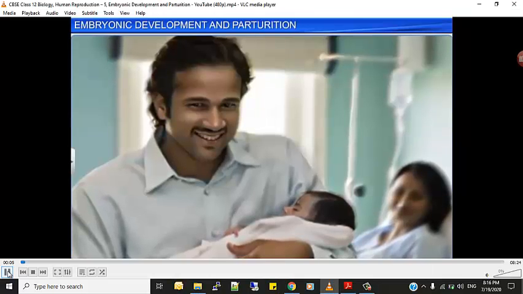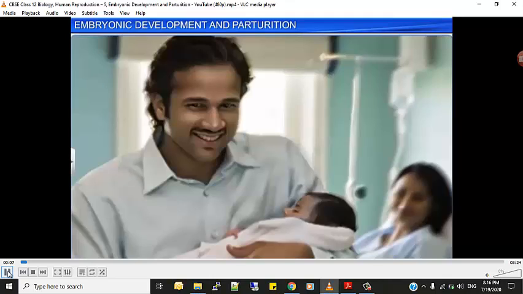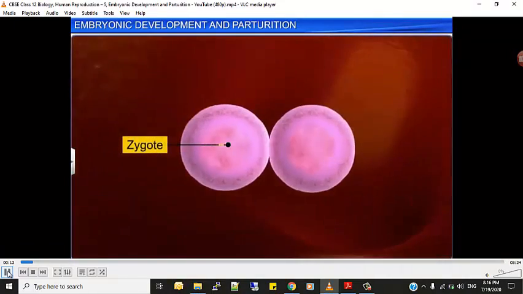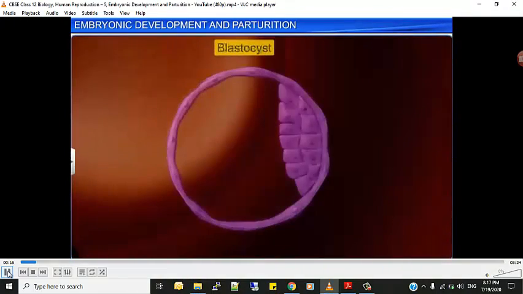The joy of holding a new baby knows no bounds. No bounds, so happy. The birth of a baby is an intricate and complex process that begins when the zygote